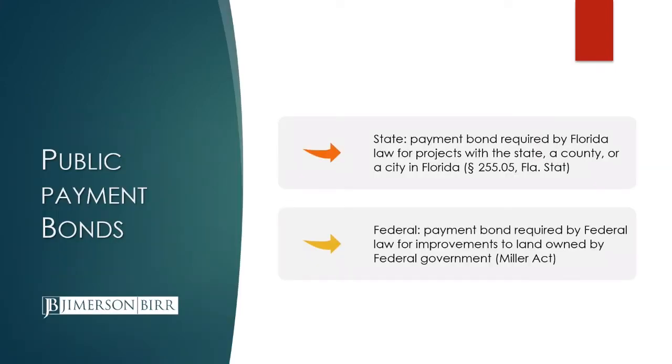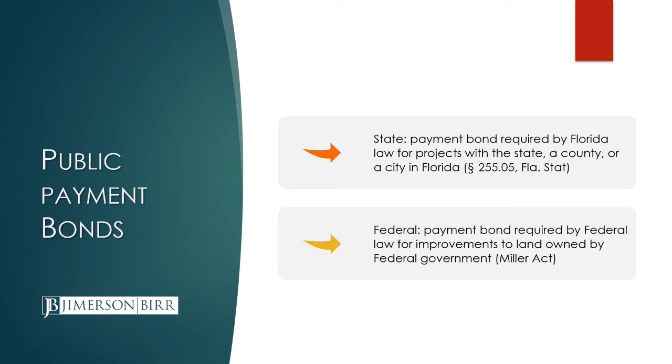Like private projects, you have a similar public payment bond component. You cannot lien public projects, as many of you may be aware, so the only rights that you have are related to the bonds that the general contractor provides. There is a statute that governs those types of bond claims and requirements. That's 255.05, and that requires, with some exceptions, a payment bond and a performance bond to be provided for those